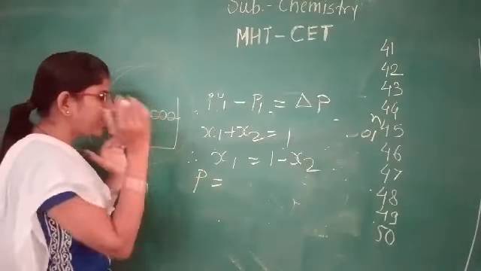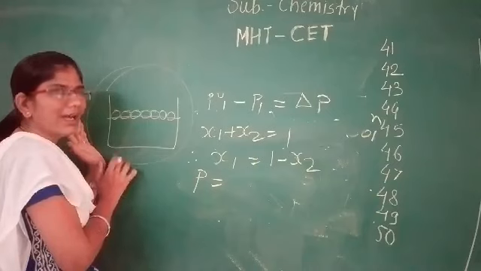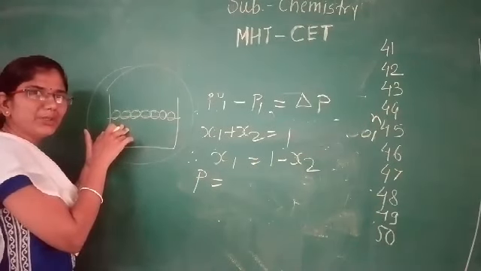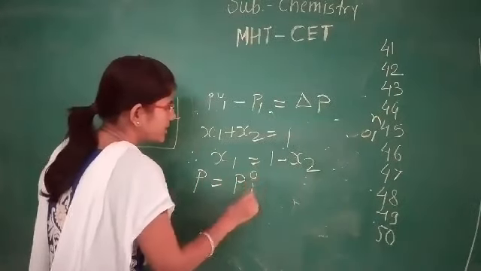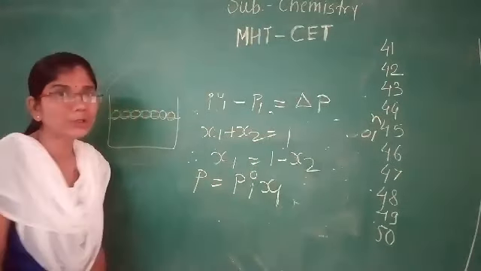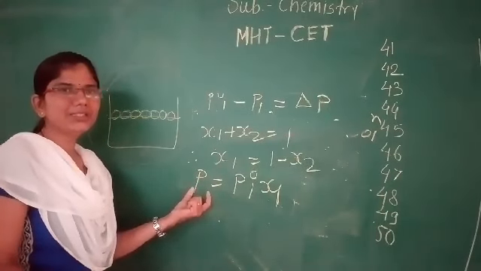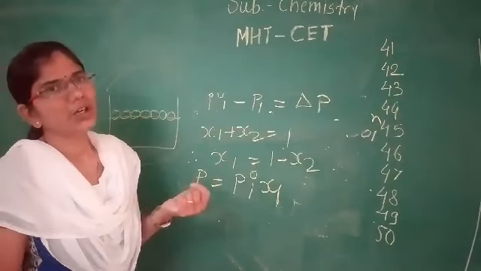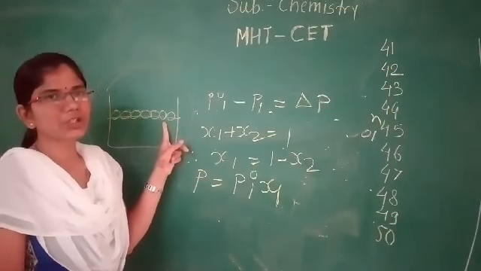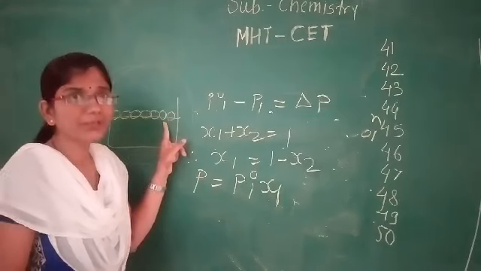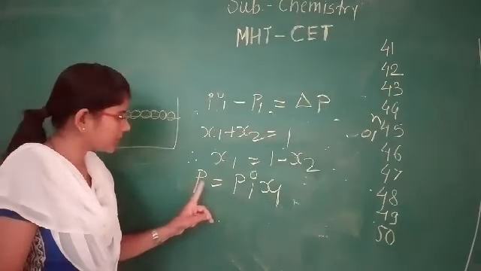Therefore, the total pressure on the solution having one non-volatile component is equal to P01x1 only, because the total pressure is due to the pressure of the solvent only. According to Dalton's law the total pressure is equal to